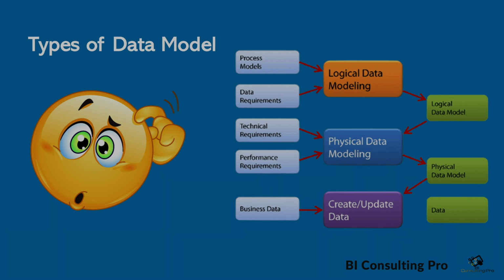So as you can see on my screen, there is a process and data requirements that comes to the logical data modeling. So that means you are just logically defining your relationships and your requirements. Then once you have your logical data model, then you can go further for your physical data modeling. And also in between them, the logical and physical data modeling, there is one more model that we generally talk